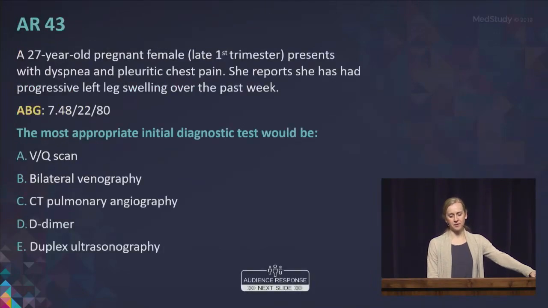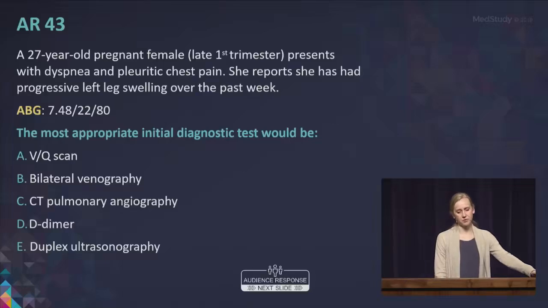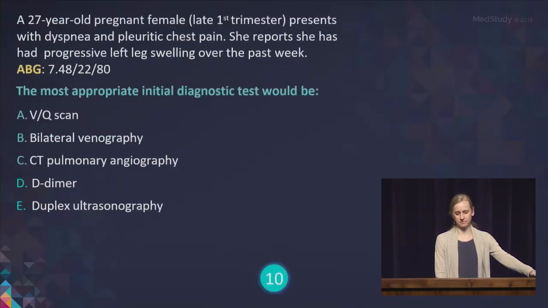A 27-year-old pregnant woman, late first trimester, presents with dyspnea and pleuritic chest pain. She reports that she has had progressive left leg swelling over the past week. Her ABG is 7.48, 22, and 80. The most appropriate initial diagnostic test would be